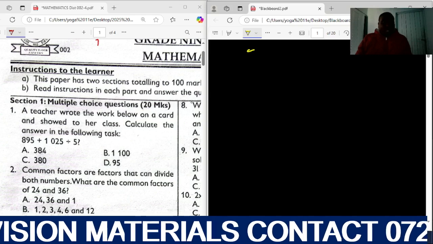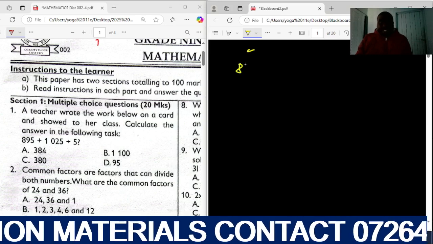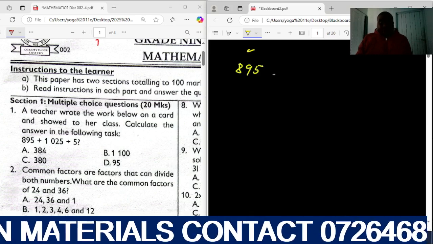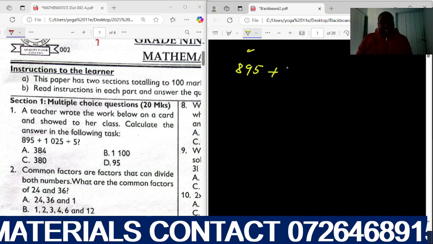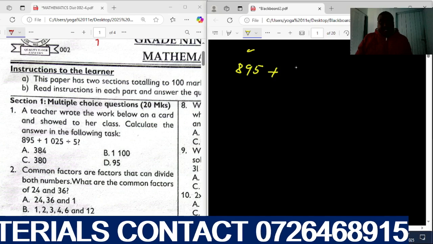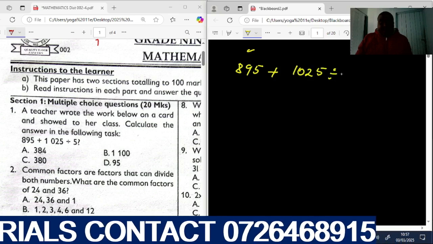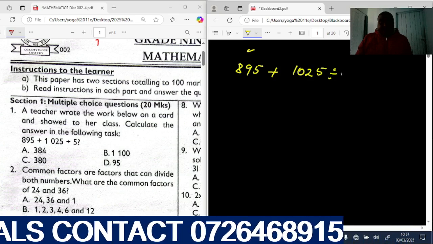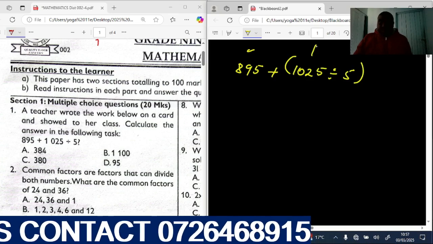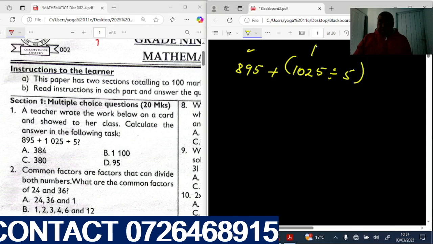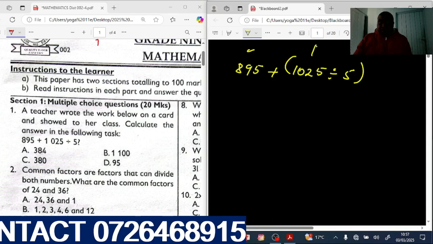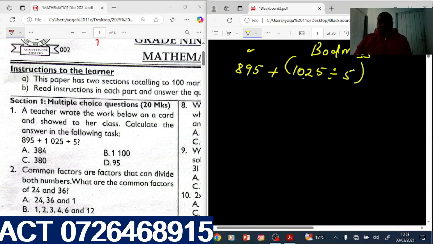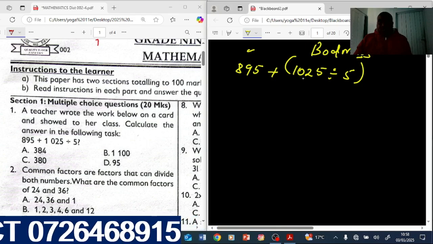Now, 895 plus 125 divided by 5. We start with division from the word BODMAS. You remember BODMAS? Division comes first before addition. So we need to divide. We can divide in two ways. We can simply say